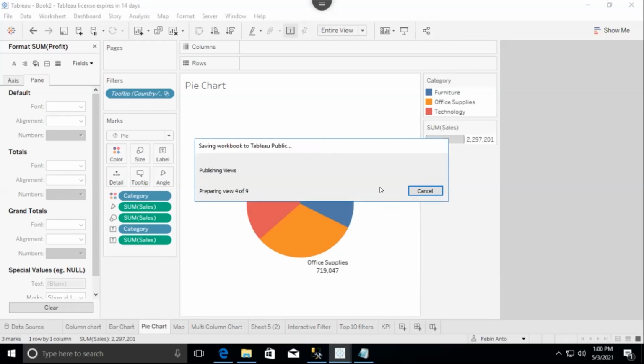Anyone else who's facing the issue, you can share your screen. When you publish, everyone, you will get all the sheets. Some people have a question that it's only publishing one sheet, but if you scroll down at the bottom, you can see all the sheets are available. Change the title, just give some good name.